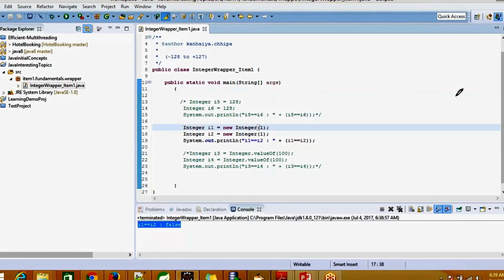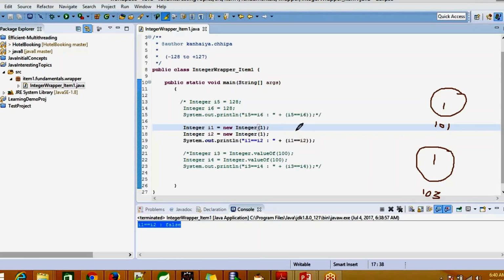So this time around, if you have put the new keyword, then two objects would be created in the heap area having the same value and different memory addresses, like 101 here and 103 here. So obviously 101 is not equal to 103, that is why it is returning false.